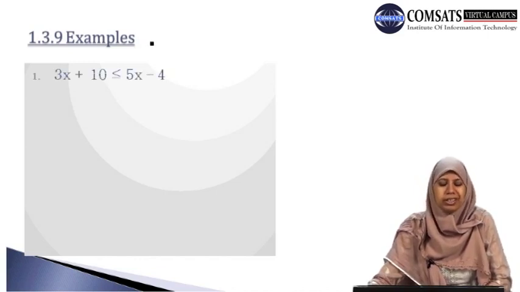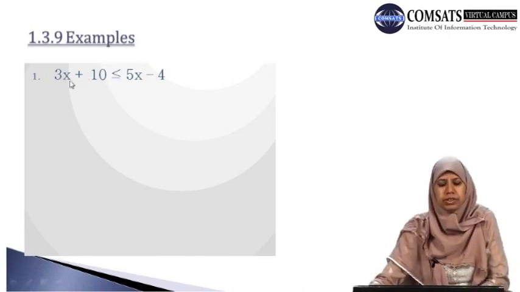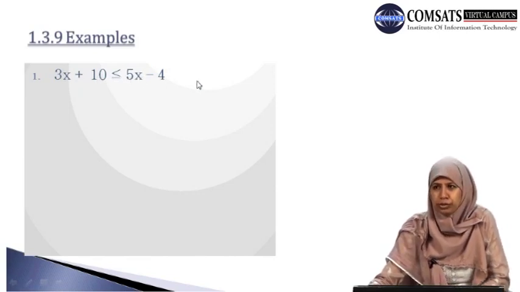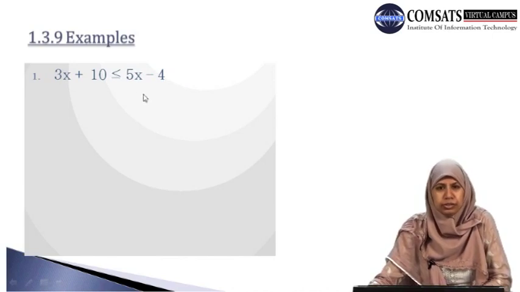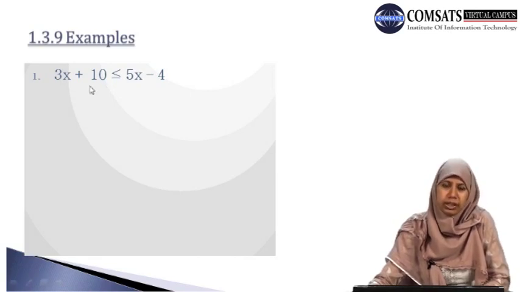First we have our inequality 3x plus 10 is less than or equal to. I hope you are good enough to remember this sign by now, that this sign represents the non-strict inequality less than or equal to. So our question is 3x plus 10 is less than or equal to 5x minus 4. We will use our rules, not all 6 of them at the same time, but whatever is needed one by one to solve this inequality. We should notice one thing, this is an inequality in one variable only, x. So it is a linear inequality.